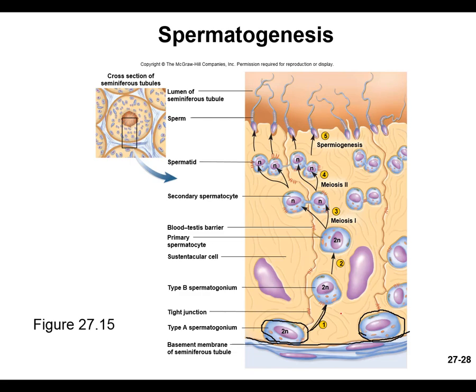This type B spermatogonium is going to undergo meiosis 1, and that's what we're seeing here. Notice how it says 2N. That means it has 2 versions of all the 23 types of chromosomes. But once we have this first division, it's 1N, because now they only have one version of all 23